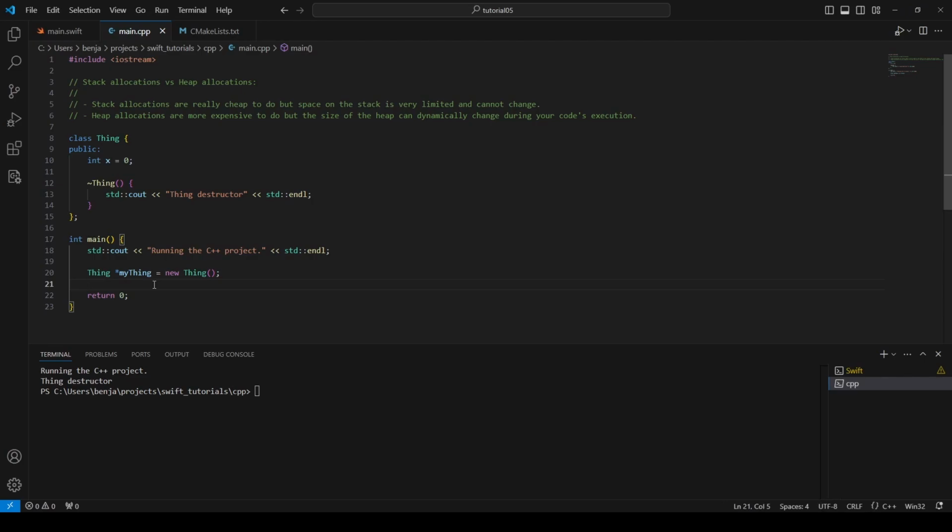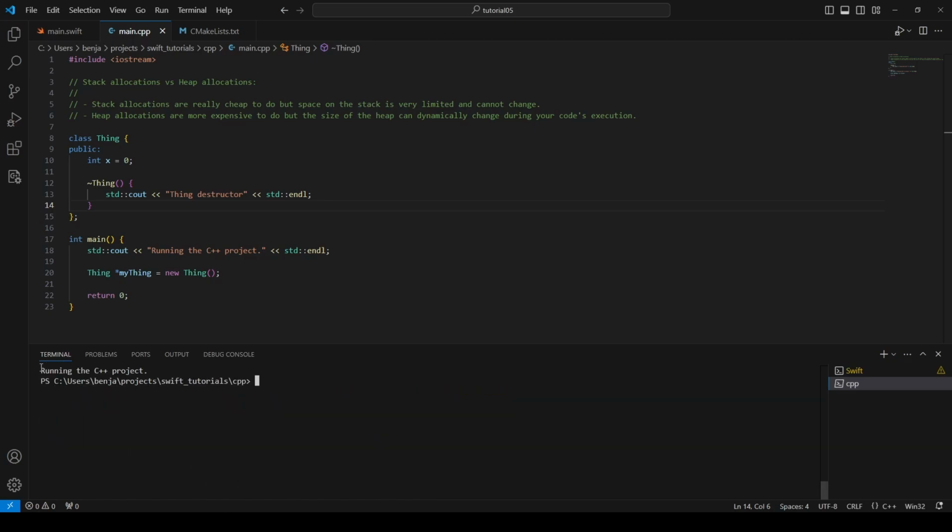One more thing I forgot to cover is how we release heap allocations in Swift. So first, starting from the C++ side, like I mentioned earlier, whenever you explicitly allocate something on the heap, either using new or malloc, then you need to pair that with a corresponding delete or free in order to actually free the memory. To show this, I added a destructor for the type Thing that says "Thing destructor." And if I run this code as it is right now, ignoring the previous output,